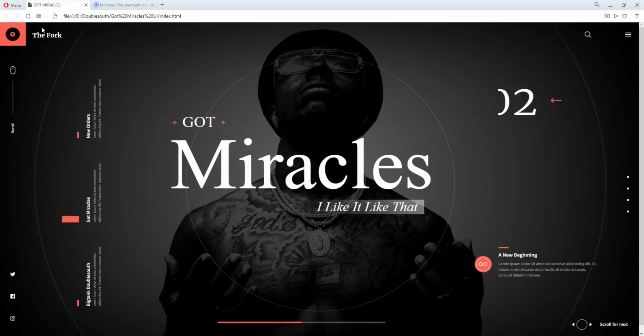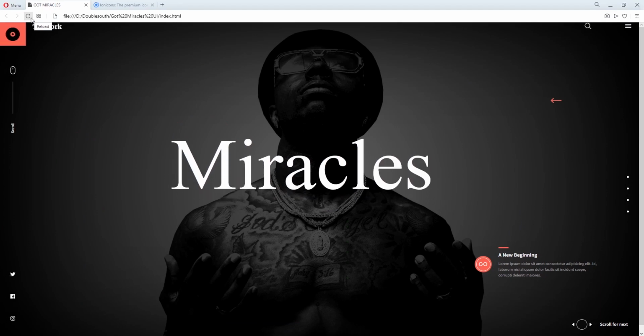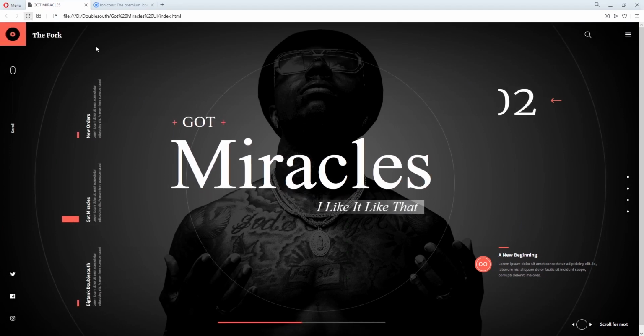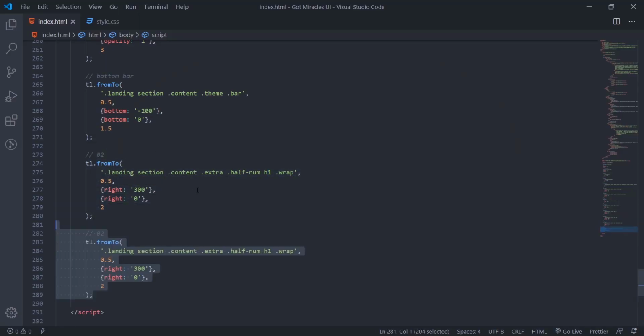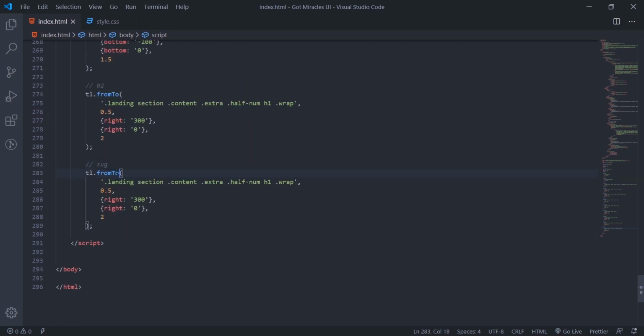You see them? They push in and come out. Alright, so I just want to push now. This one I want to drop in. So what do we do? We'll duplicate this one again. Then we'll just say SVG. We'll come out from the y-axis, so it drops in from the y-axis.